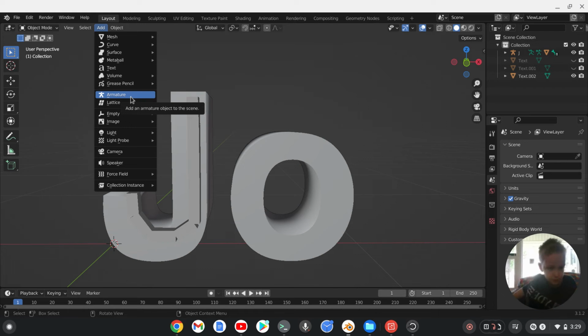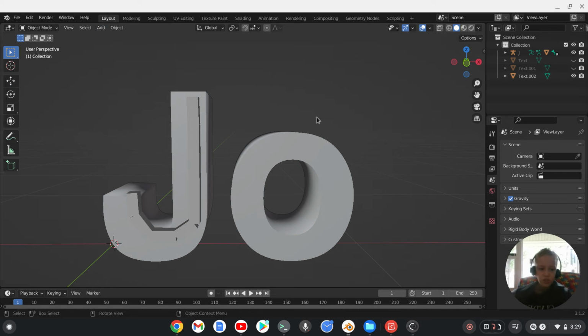We're gonna add an armature or object for that. So we're adding an armature, but before you could do that,